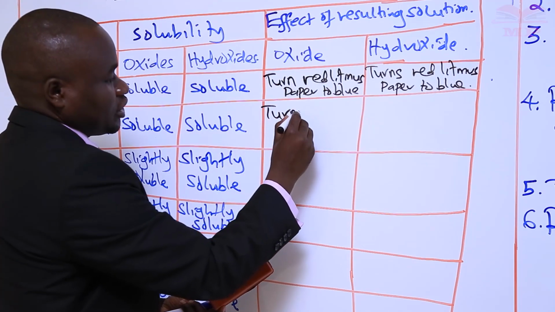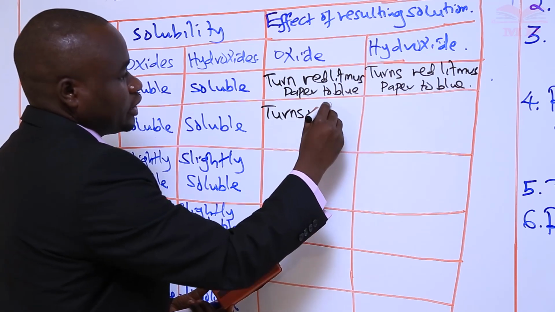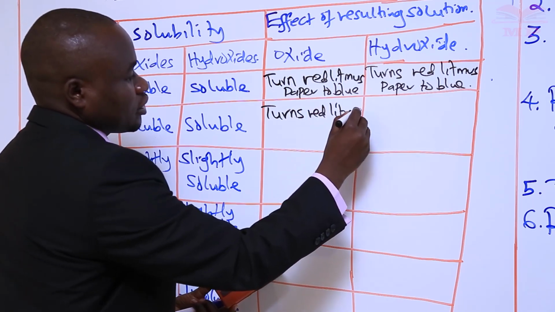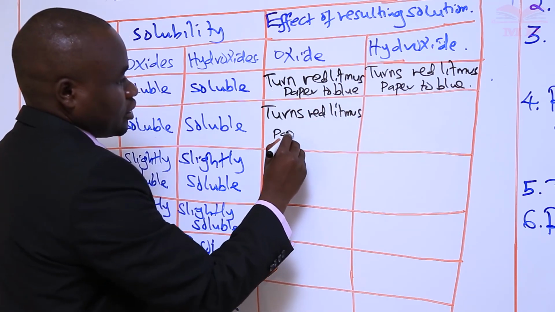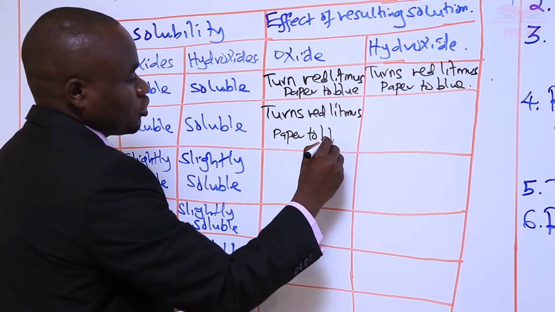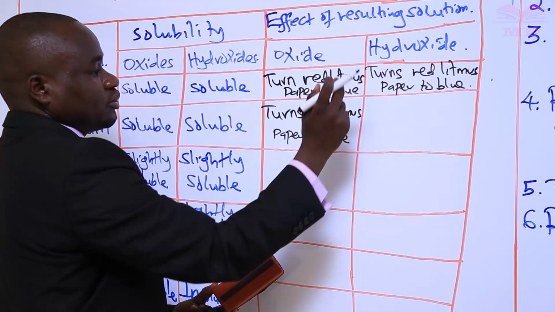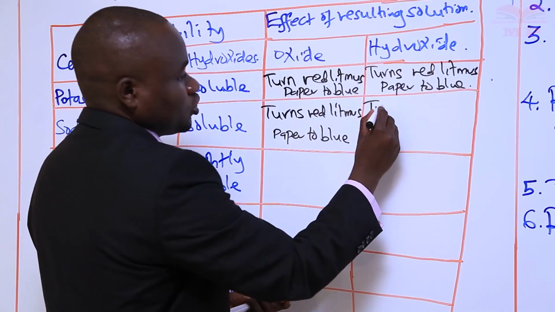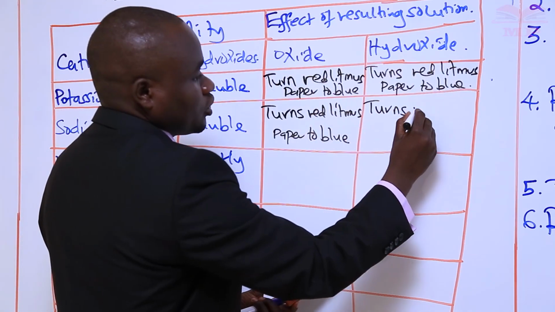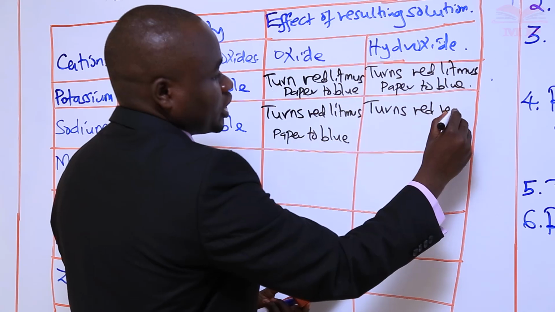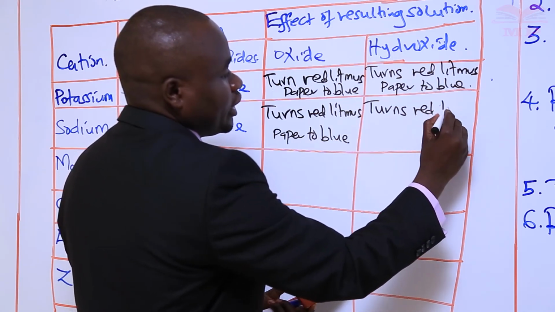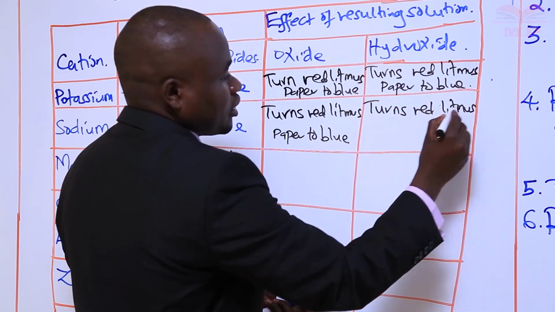We are saying it turns red litmus paper to blue. The same applies to sodium hydroxide. The resulting solution will also turn red litmus paper